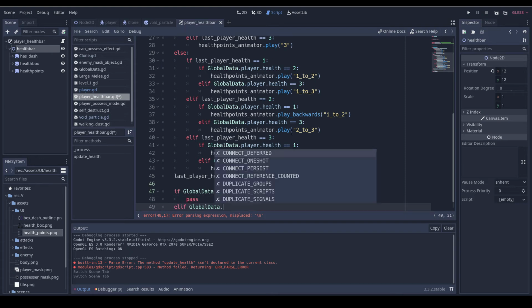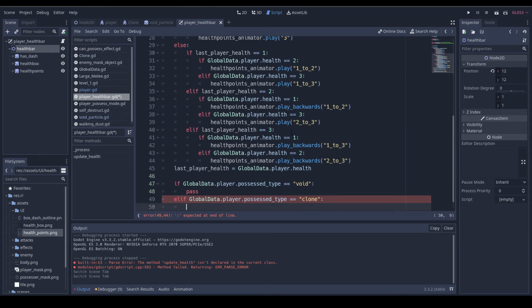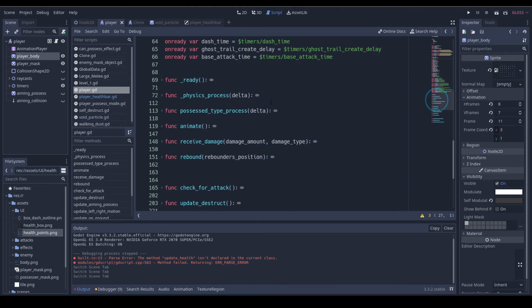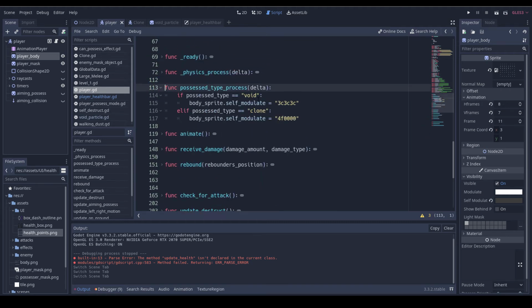Elif global data dot player dot possessed type is equal to clone, then pass. What we're gonna do is go into our player's possessed type process. I'm just gonna copy this